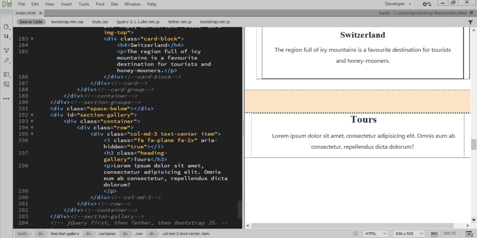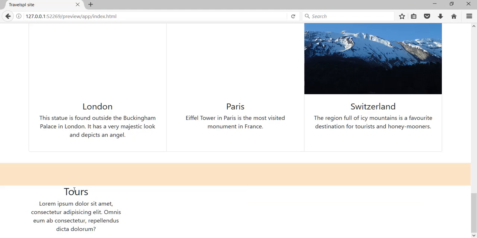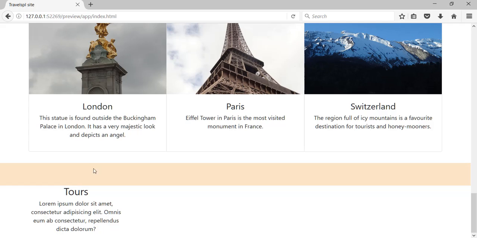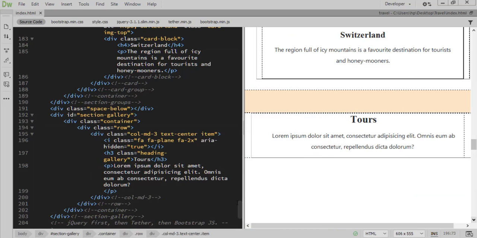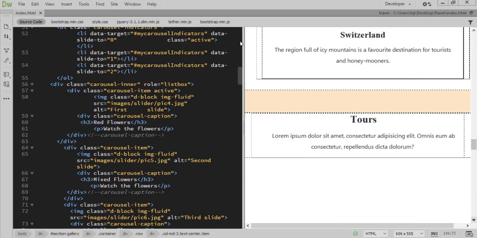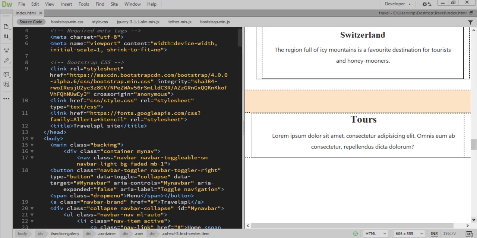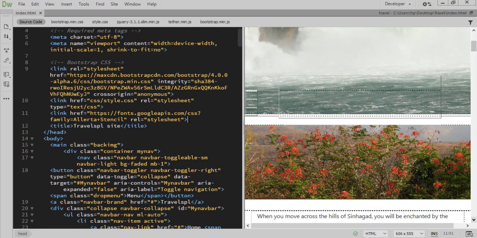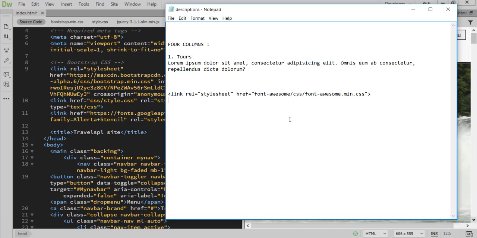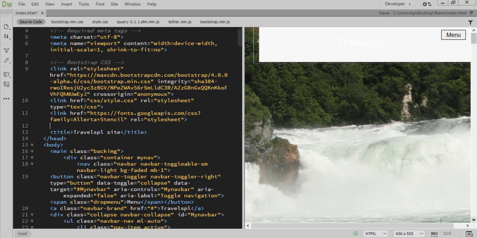If I just save this and then refresh the browser, you will find that the icon is not visible here. That's because we need to add that code before the close of the header. This is the code for linking the style sheet for Font Awesome. If I copy this and then paste it here,